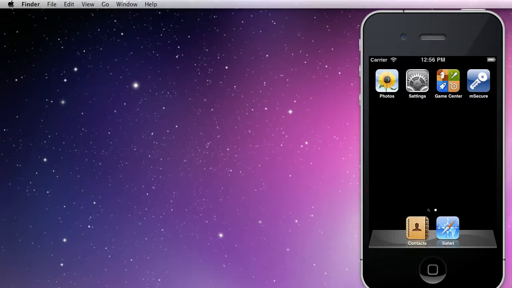In this video, we'll be covering the sync process between an iOS device and a Mac computer. An iOS device is an iPhone, an iPod Touch, or an iPad. The sync process for either of these devices is the same, so for this video, I'll be showing this process on an iPhone. We do offer other videos, so if this doesn't describe what you're trying to do, please check out our other videos at